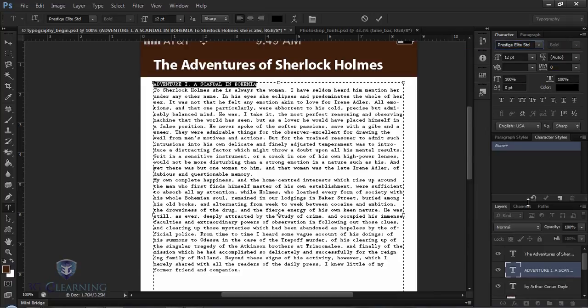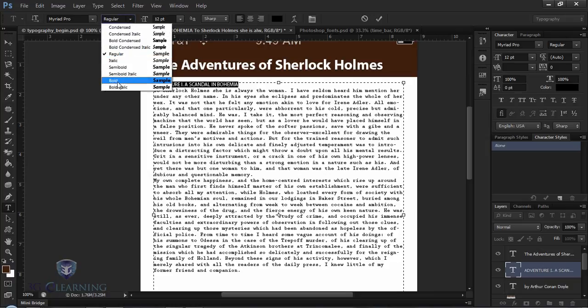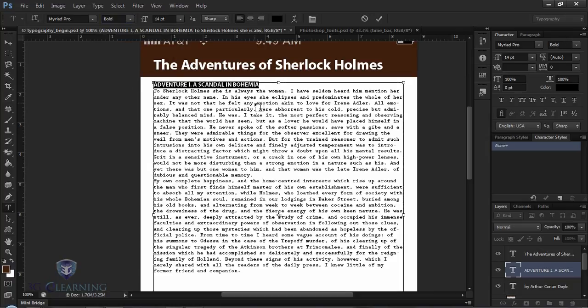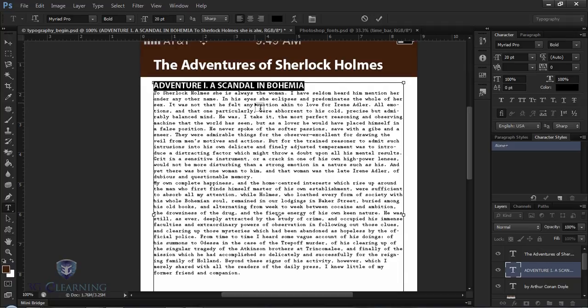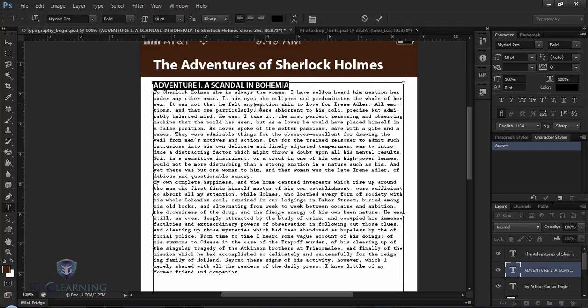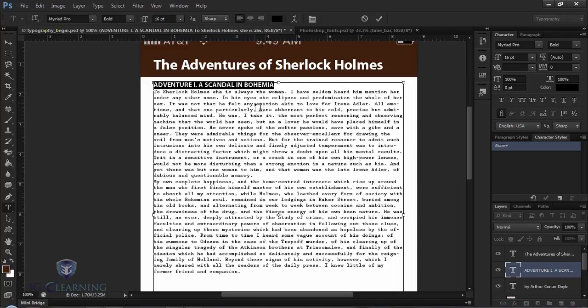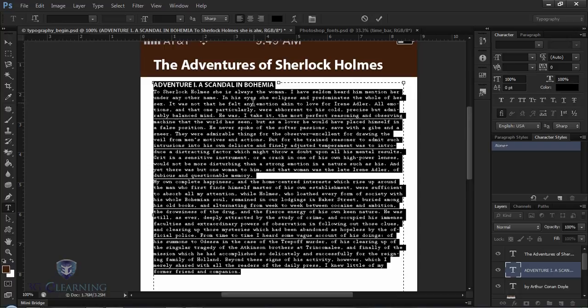In fact, since there are styles, I can clear out the basic paragraph, removing the override of my font change to Prestige Elite, and it goes back to Myriad Pro, and I could choose bold, and I could hit Command Shift period or Control Shift period to make this visually bigger, or Command Shift comma, Control Shift comma to make it smaller. I'm going to do a Select All now, Control A or Command A, and to separate a subhead